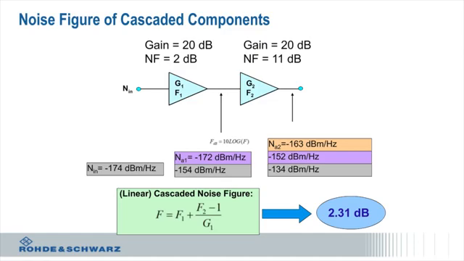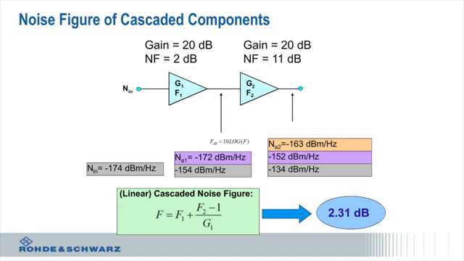So then if I had a further stage, that again, I have the noise from the input that's further amplified up to another 20 dB, so minus 154 to minus 134. Then I have that same noise added from the previous amplifier, where I'm going to go through this amplifier. So I'm going to take that and then again increase that in gain, and then I'm going to do the same thing with the addition of this noise figure. So these are all going to come together, but this obviously is a fairly arduous process to try and get